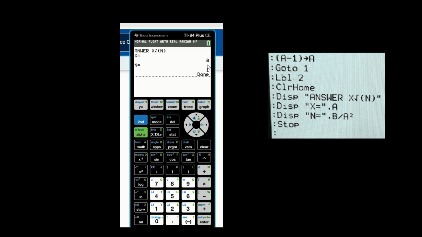So as you can see, our x here is outside our radical symbol, so 8, and then our n is 1, which we know that the square root of 1 is 1, so we have 8. Our square root of 64 is 8.